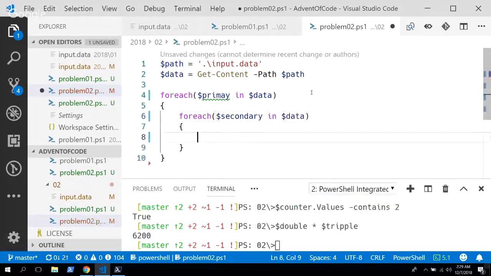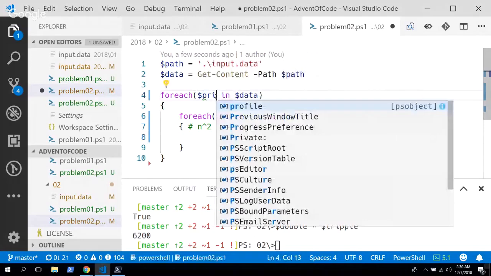Okay, so first off, this is like n squared, right? So it's ugly. Now I have 2 strings that I can compare with each other, and if we walk them,